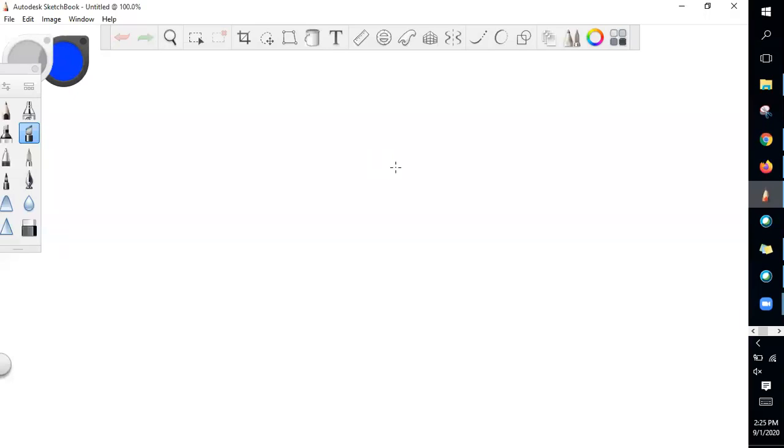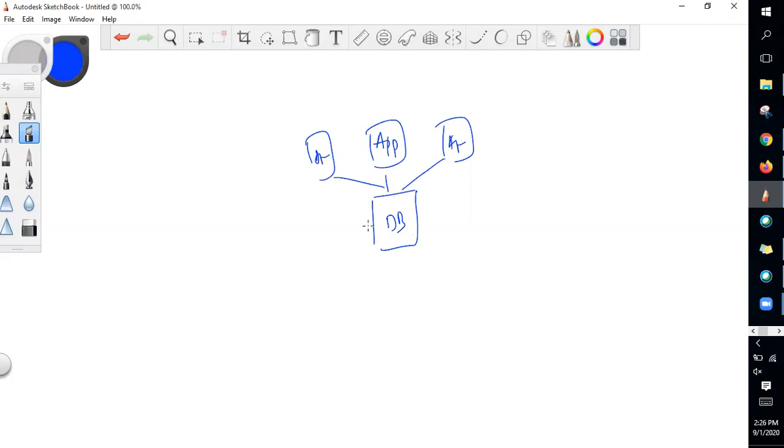For example, you have an application and you will have a database. Your application can be hosted in multiple servers. That's possible. Like this is an EC2 instance, this is another one, and this is another one. You have deployed your application, and all applications can talk to a single database.